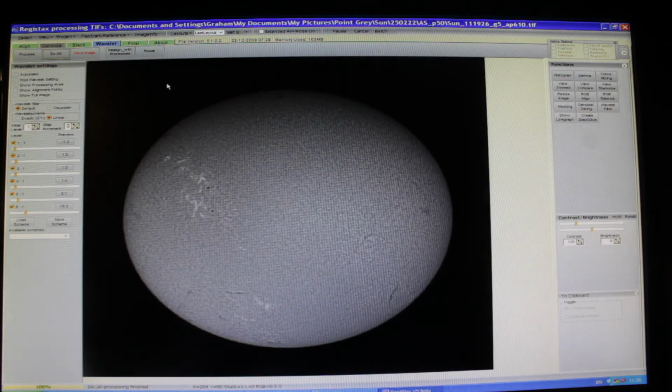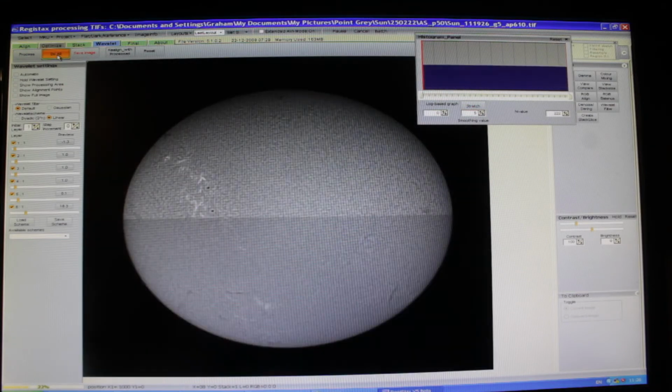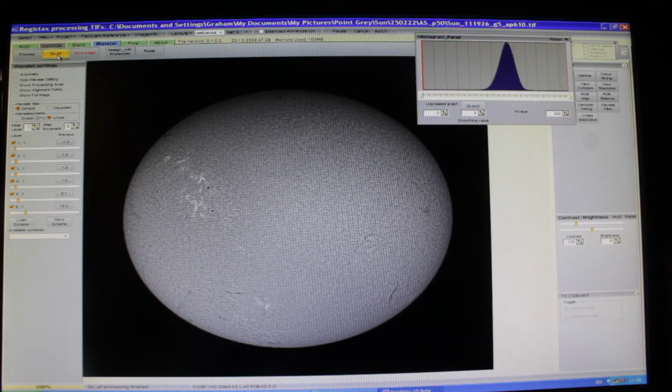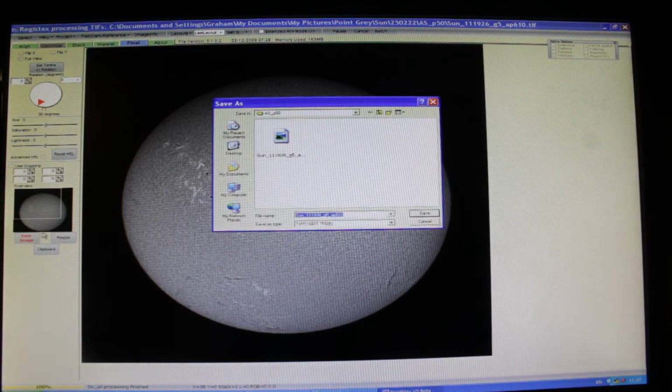Well, what I like to do is go into histogram, and I'm going to move the histogram up by bringing this slider down, and we just stretch that a bit. As you can see, it's got brighter. We'll do all on that. There we go. So I like that. That'll do. Hit final, and we're going to save the image